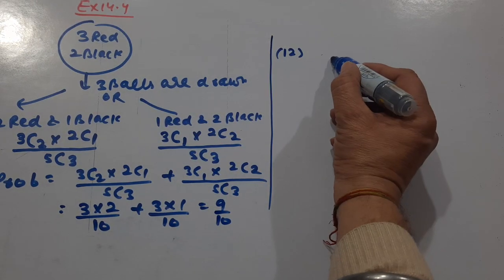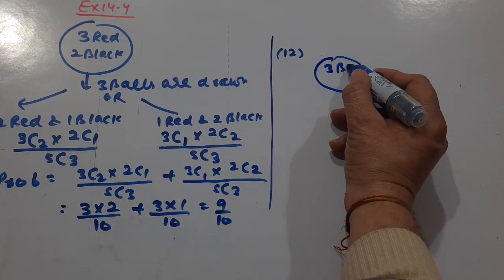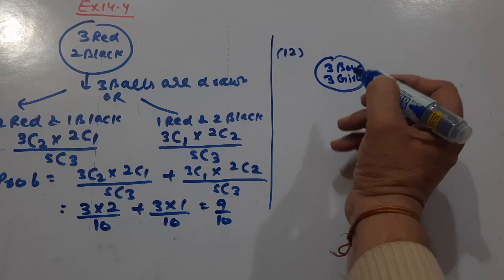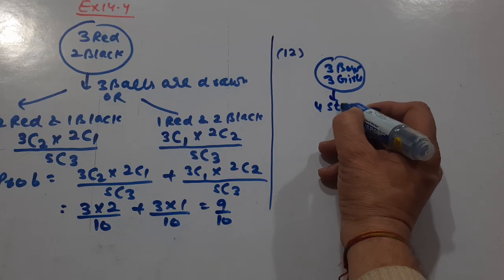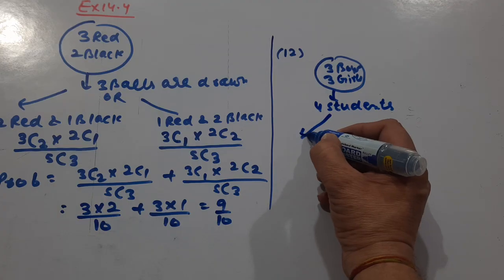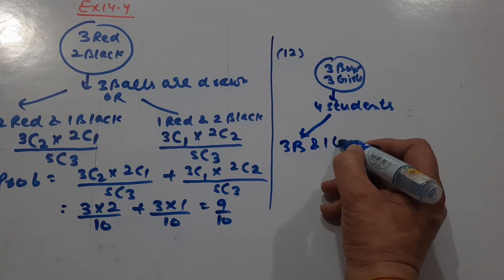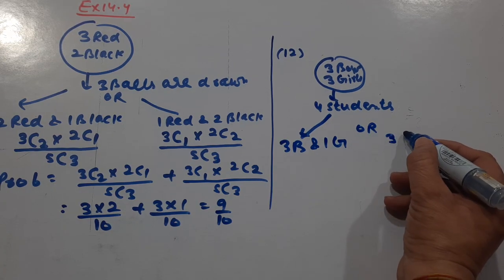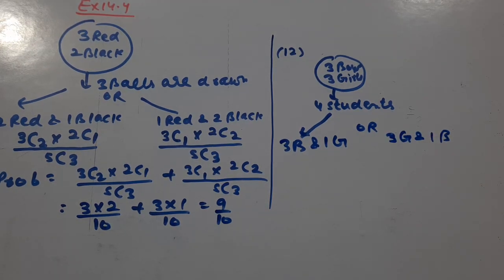So in this question we are given 3 boys and 3 girls, right? And 4 students are to be selected. 4 students. So we have to find out that either 3 boys and 1 girl, or 3 girls and 1 boy. So this is to be found out. So students, moving in the same way,